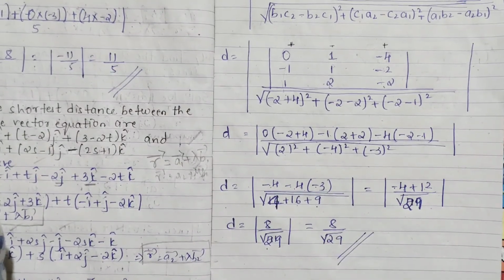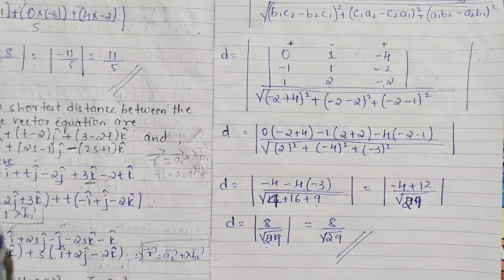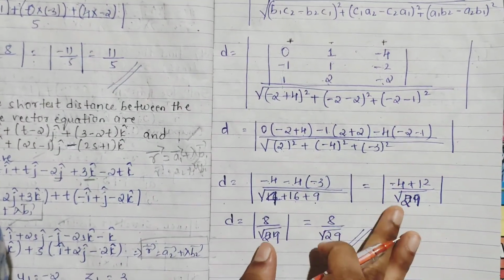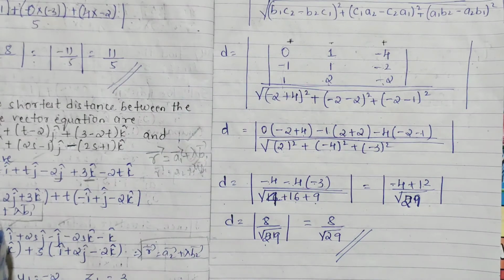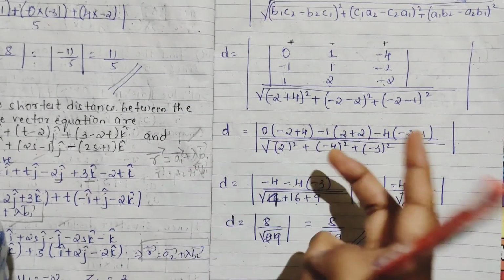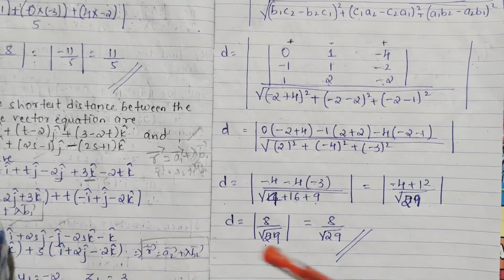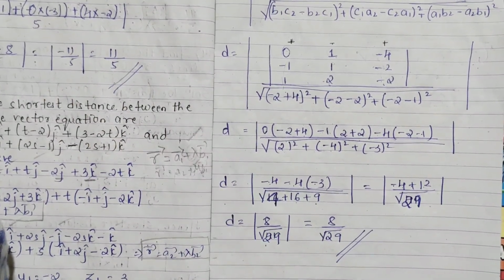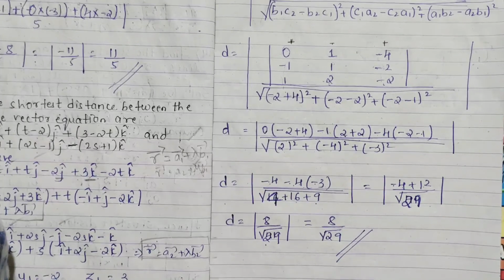So this is your shortest distance. Which did you feel was easier, the vector form or this? I guess this is very easy. If you just remember this, it will be dead easy. In the vector form you have to go for the cross product and dot product. Instead of that, you can try this: solve the previous problem in the same way and get the answer. Okay, we'll meet in the next class. Thank you.